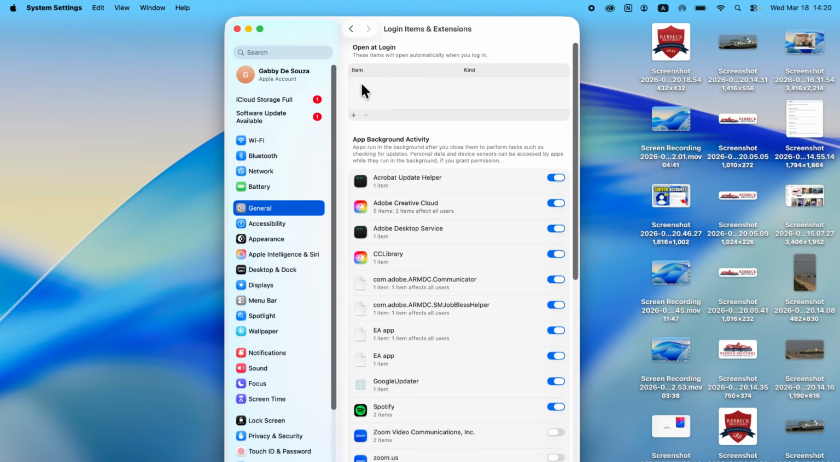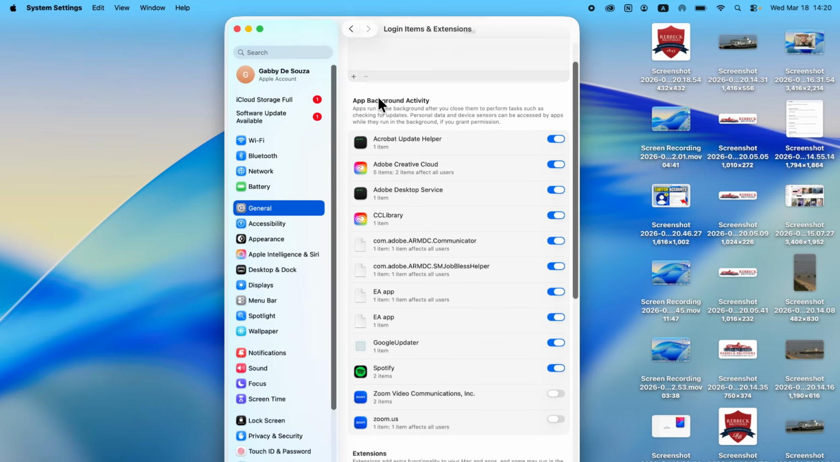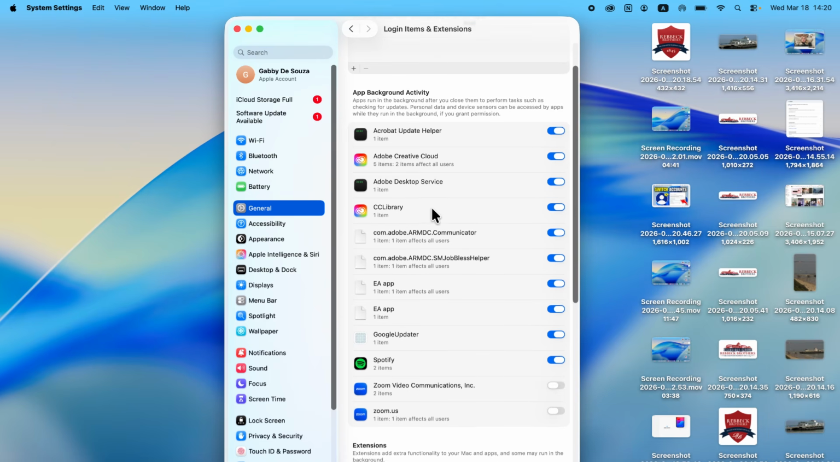your computer. Now as you can see, I've already removed all of my applications, but if you do see anything inside of this window here, you can just click on that application and click on the minus icon to remove it from your startup. You could then scroll down to App Background Activity, and here you'll find the apps on